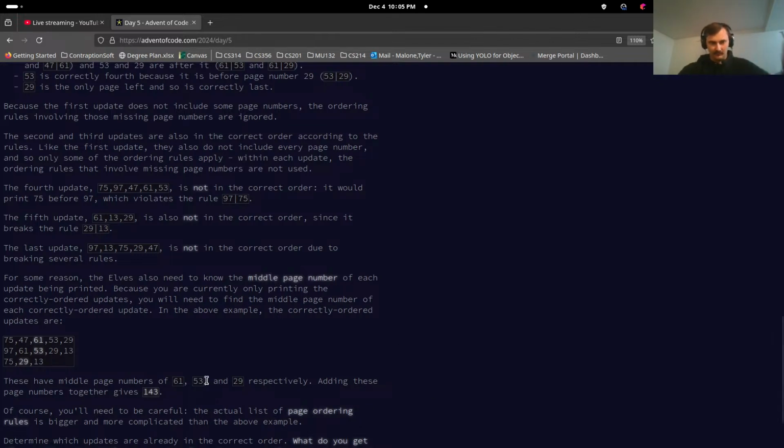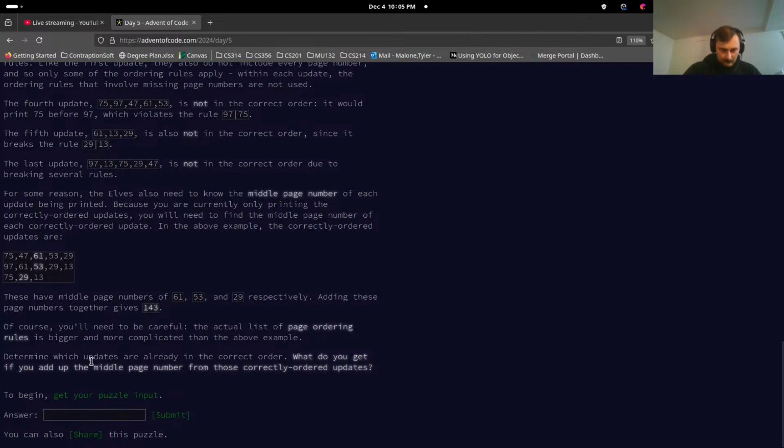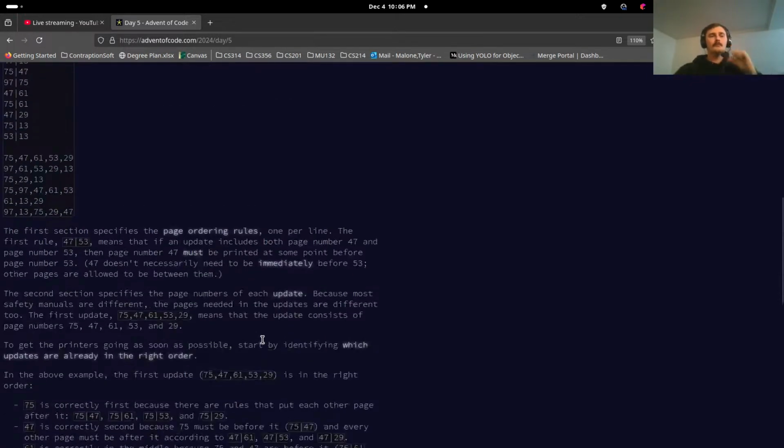And then sum those middle page numbers up. Oh man, how am I going to do this? What do you get if you add the middle page number from those correctly ordered updates? Right. So,